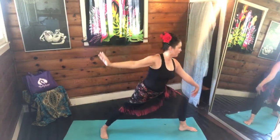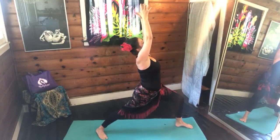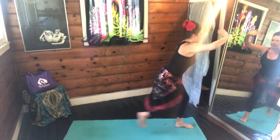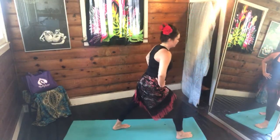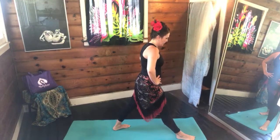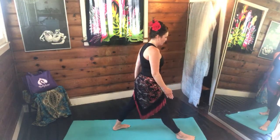Exhale, warrior two. Inhale, warrior one. Turn the back foot and down. Go ahead and take your smaller stance off the tight rope. So this foot is a little open, this foot's a little open, toes facing forward,